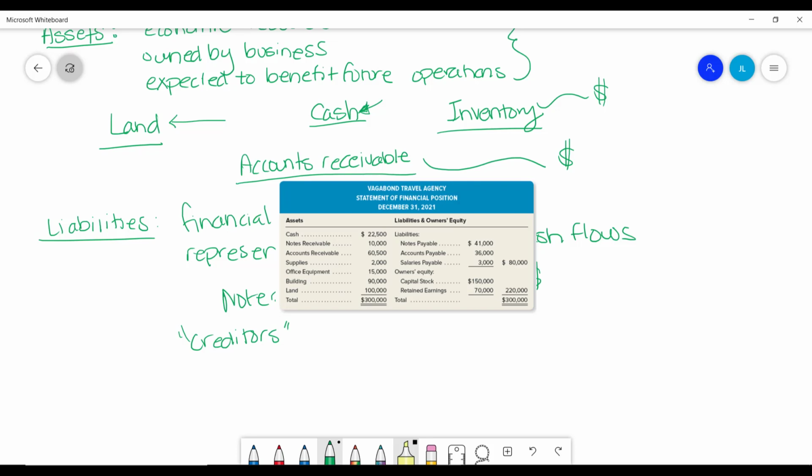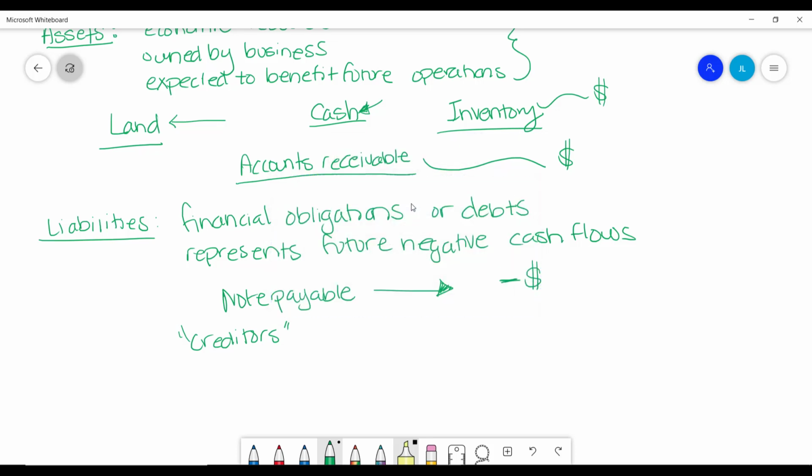It just depends on the terms of the loan. So if you're looking at this list here, let's say our salaries payable is due within the next 2 weeks, we have to pay that $3,000 to our employees within the next 2 weeks, but let's say the accounts payable and the notes payable aren't due until the next month. We'd probably want to follow that rule of liquidity. We want to move that salaries payable and probably list it first. That's just best practice. I just wanted to point that out because we'll be working with that later on as well.